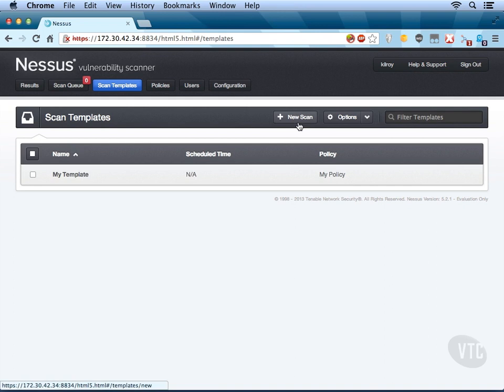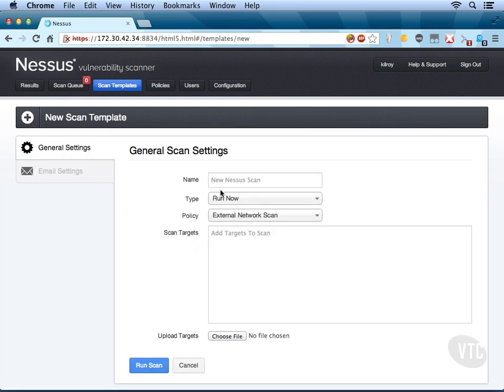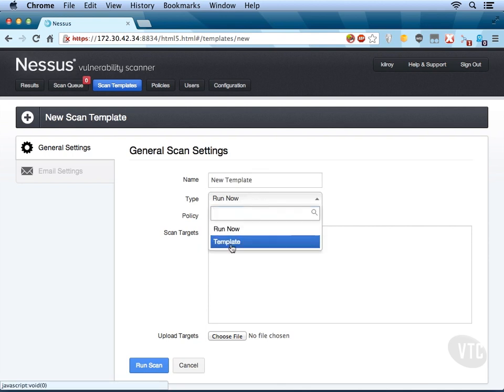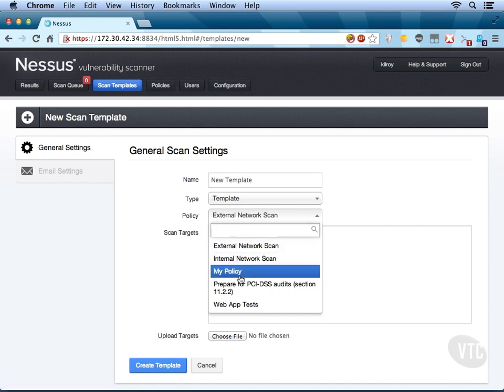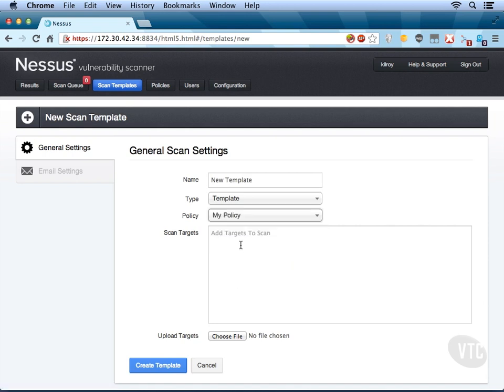template. And the template is just a way of setting some specific details about a scan. We're going to call this new template. And I'm going to say, rather than run now, this is a template. And I'm going to choose the policy here. I'm going to say my policy is the policy. And now I can say